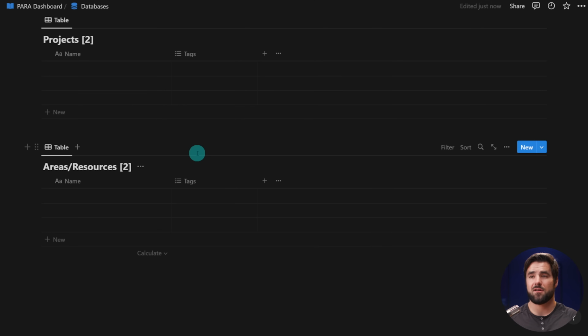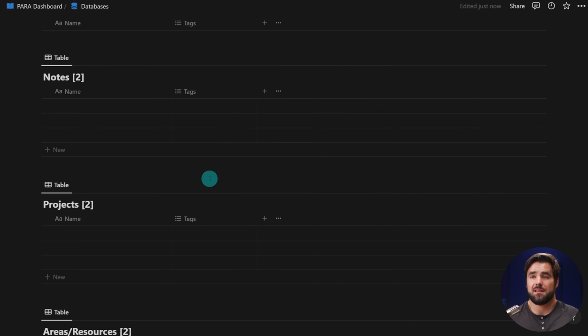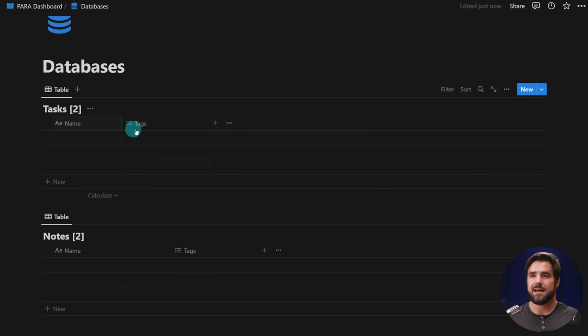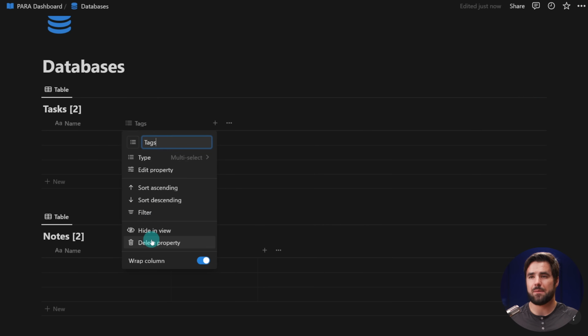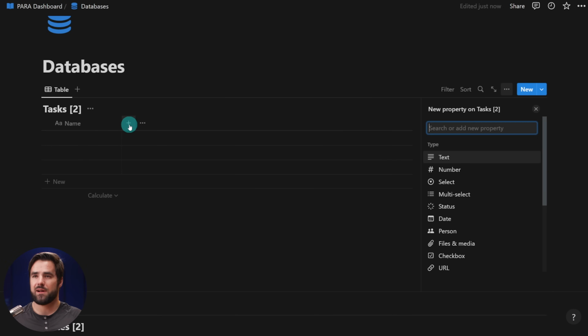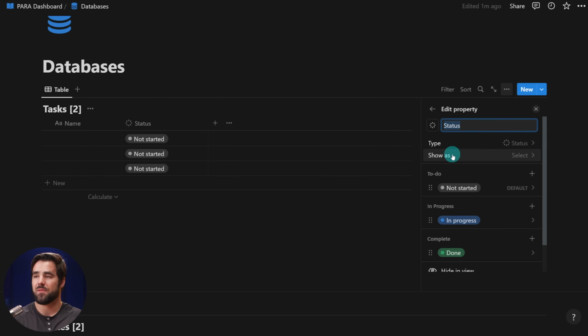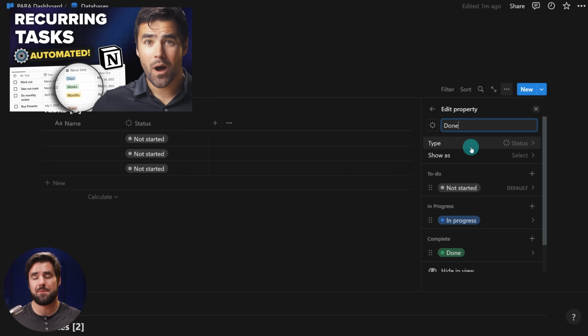So at this point, we can start adding the properties that we need to make these databases actually useful, and I'm going to start with tasks. Within tasks, we don't really need a tags property, so I'm going to delete that. And the first thing I want to add is a status property that I'm going to call done. Now you can also use a checkbox property, and in fact, my existing templates right now do use a checkbox property, and that's for technical reasons having to do with automated recurring tasks in the API